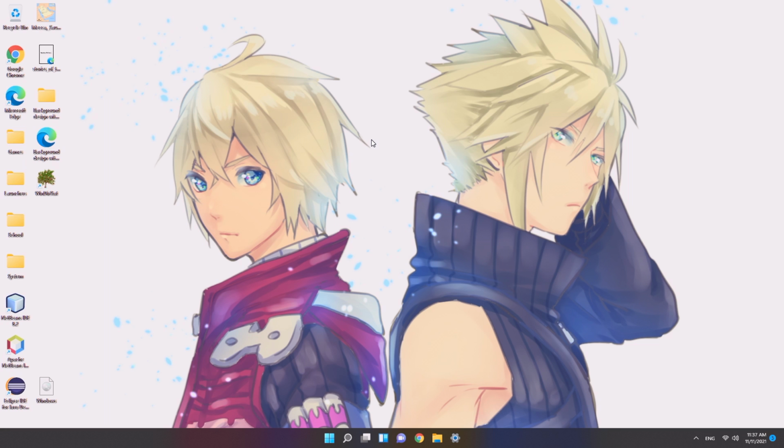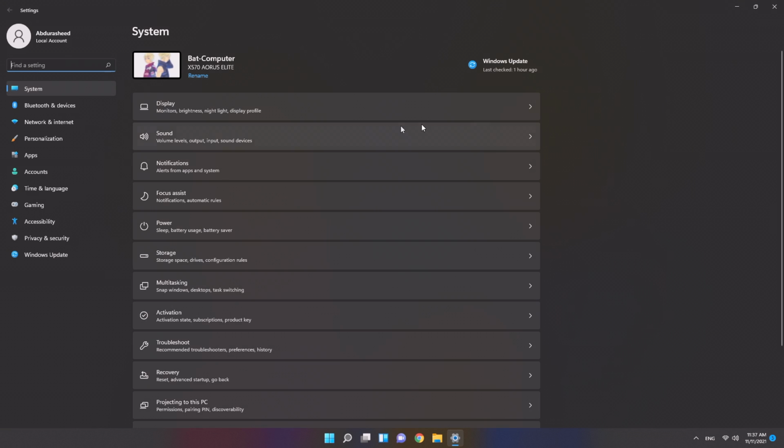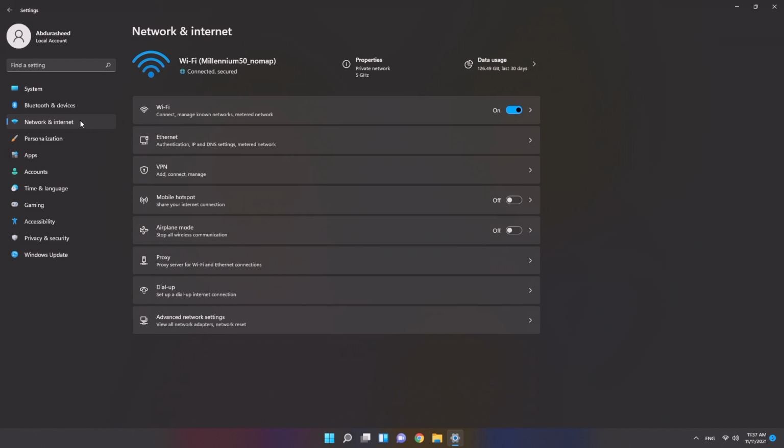The first thing that we have to do to initialize this process is click below on the bottom of the Windows screen where you see the Settings button. Keep in mind that because this is Windows 11 and not 10, the interface is slightly different, but we'll still find the network button on the left. If you're on Ethernet, you'll select the Ethernet button, but since we're on Wi-Fi, we're going to choose the Wi-Fi.